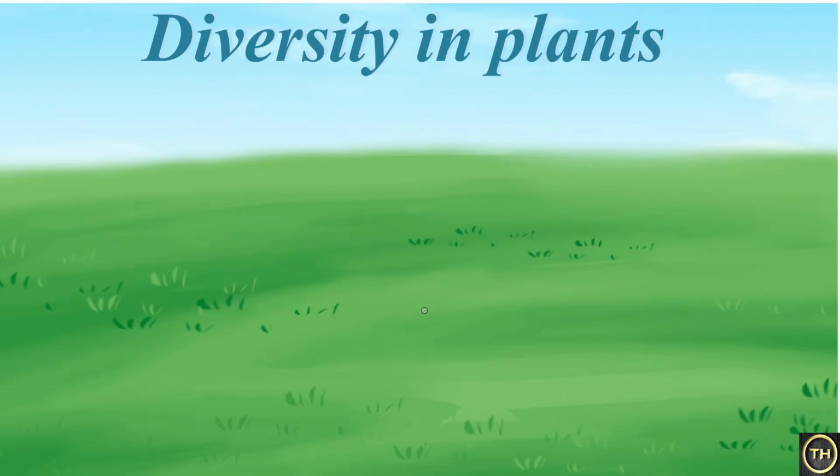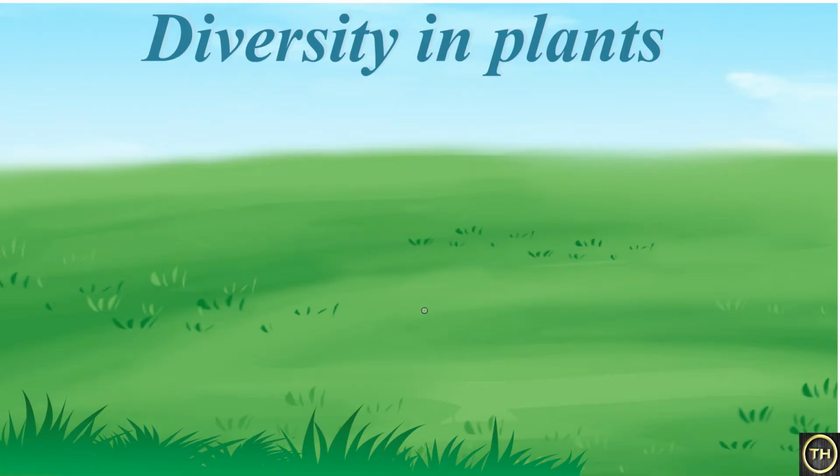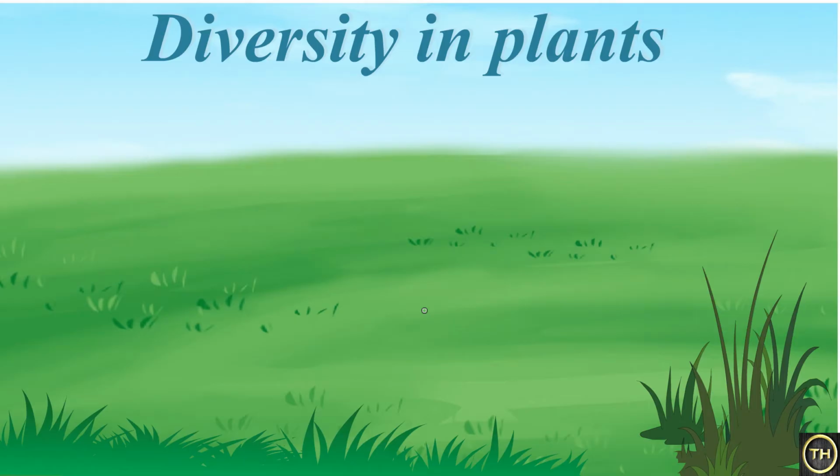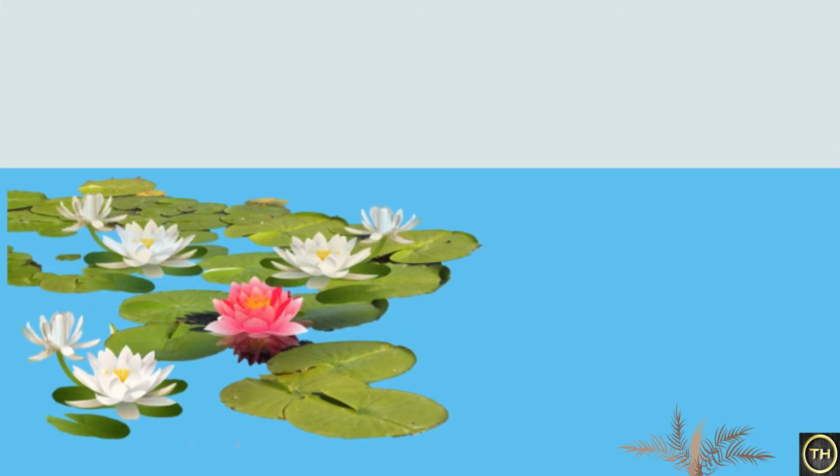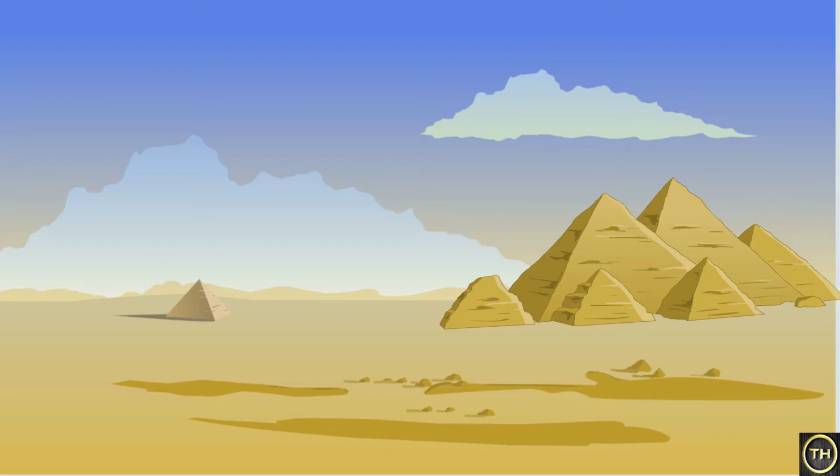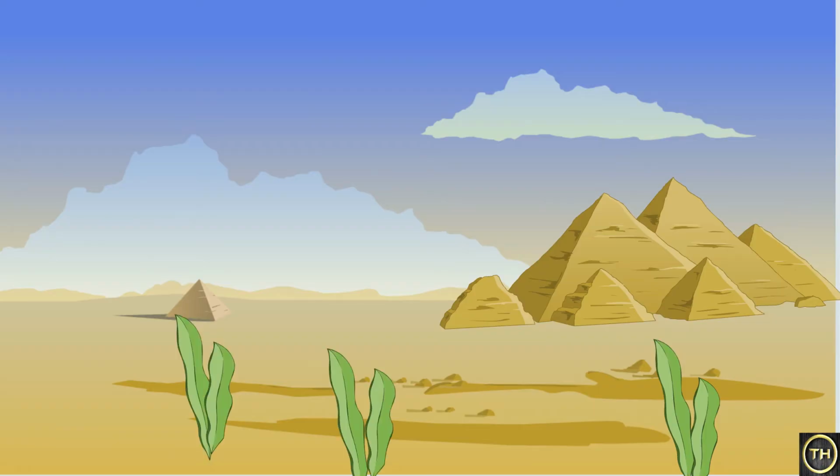Some plants like grass are short while some are tall and have a canopy. Even there are some plants that grow underwater while some others float on water. We can even see that some plants grow in desert. Moreover, we find that there is a lot of variety in the same type of plant.